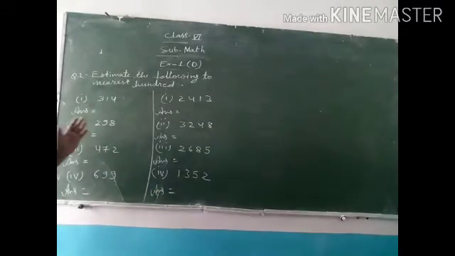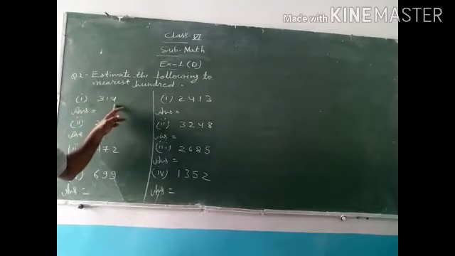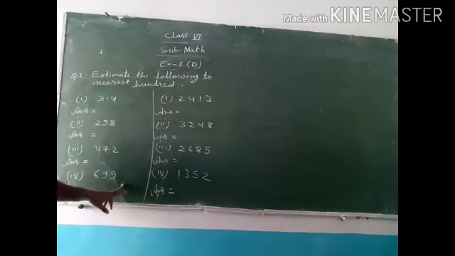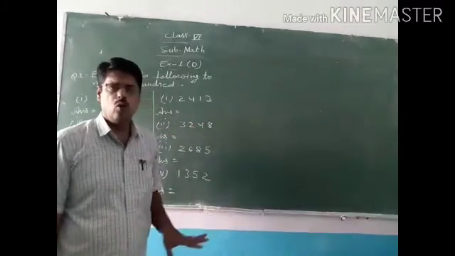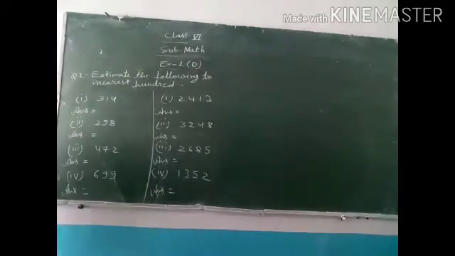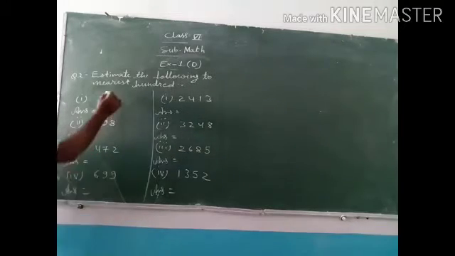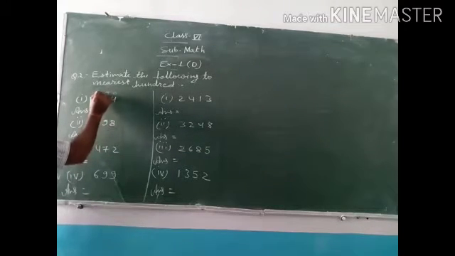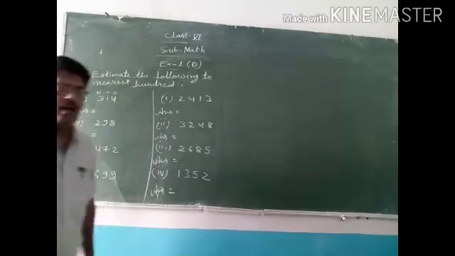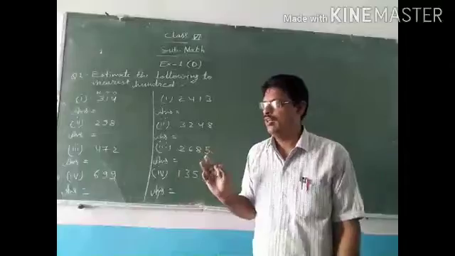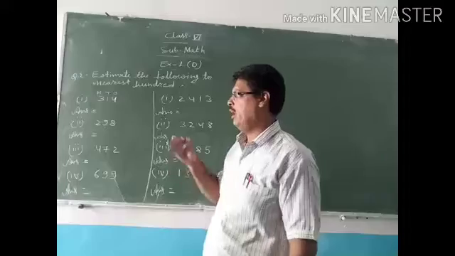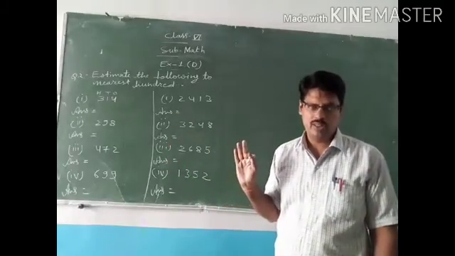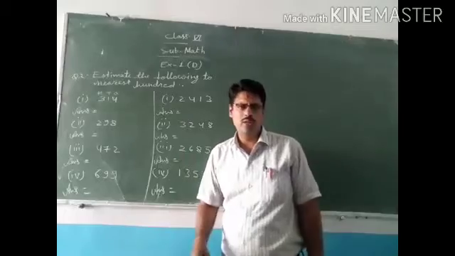Now look at here. These are some questions. Here you will see the numbers which have three digits, and here you will see the numbers which have 4 digits. So first let me solve the 3 digits. How to round off to nearest 100? This is ones place. This is tens. This is 100. I told yesterday also that whichever place we have to round off, the place ahead of it we have to observe the digit. Like here we have to round off to nearest 100.